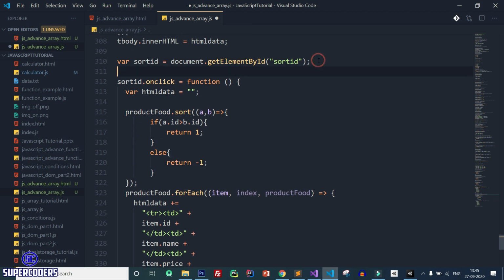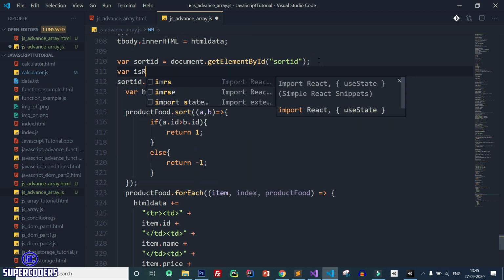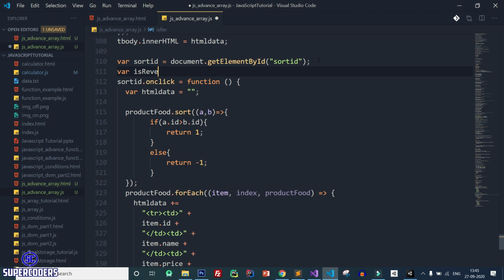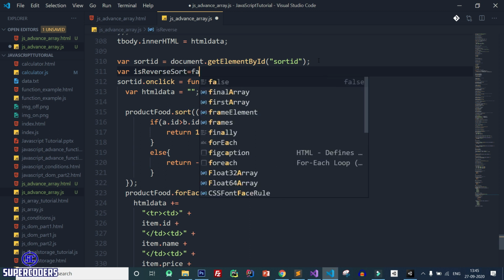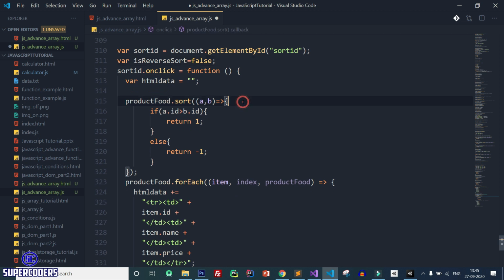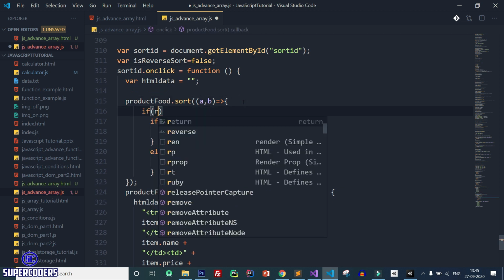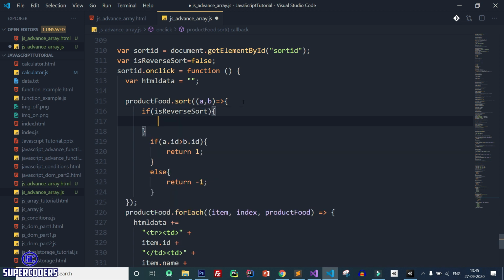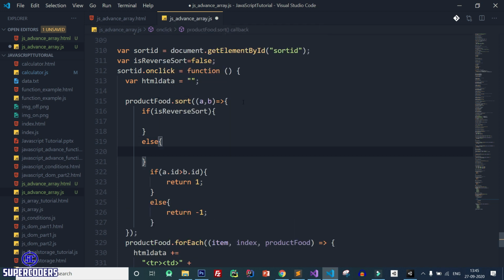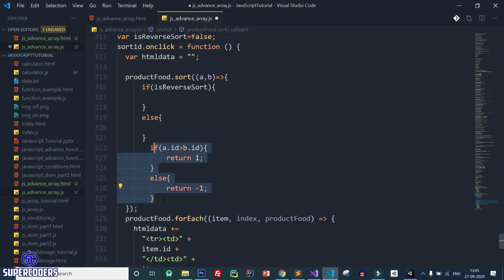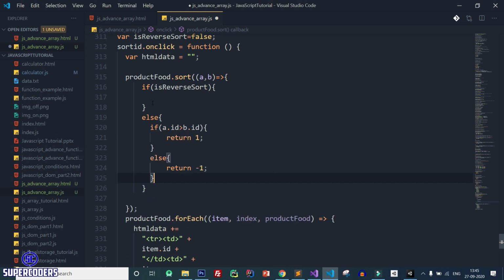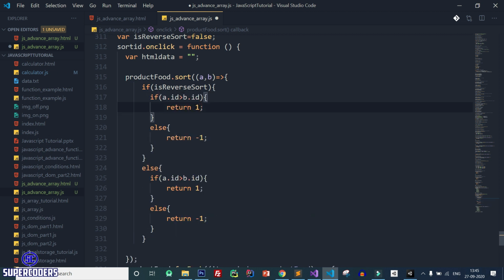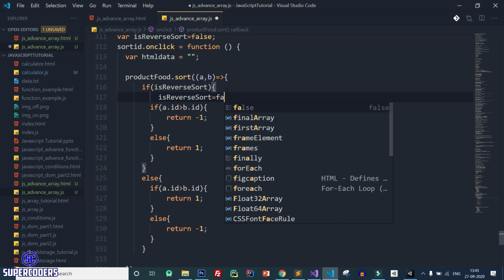So here create one more variable, is reverse sort equal to false. So here if reverse sort true, else. So simply cut this code and paste it here. Also paste it here and change this to -1. So in this way you can toggle the value and change this sorting way. And here is reverse sort equal to false.